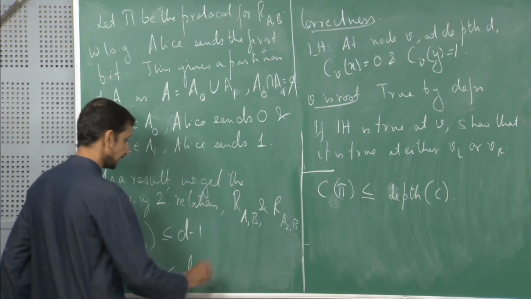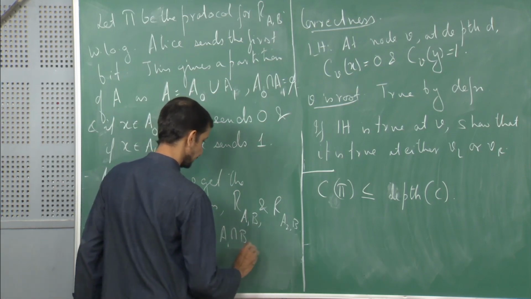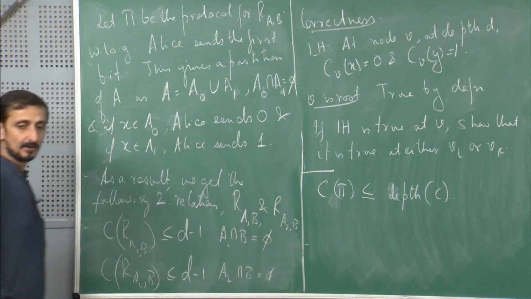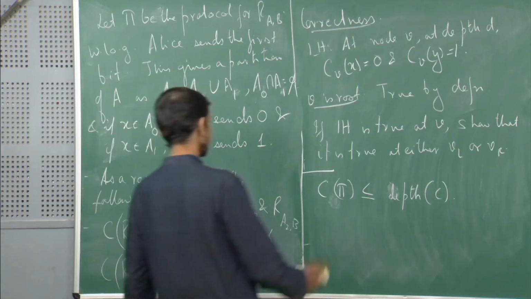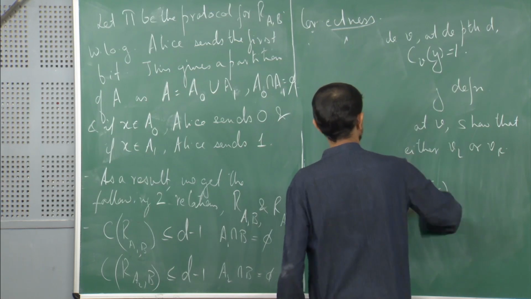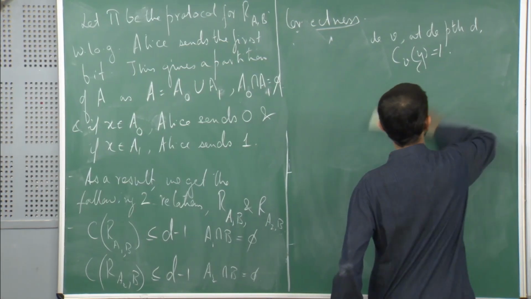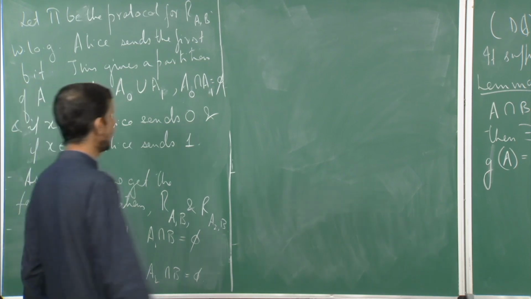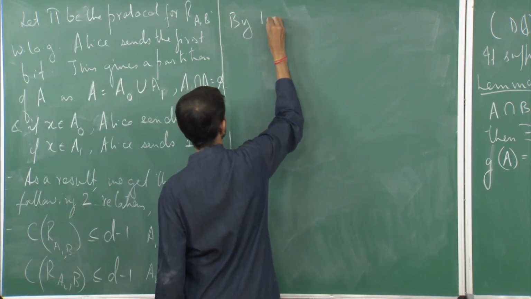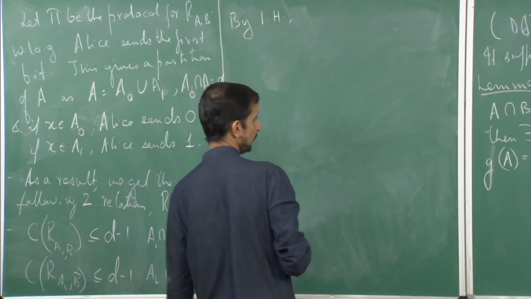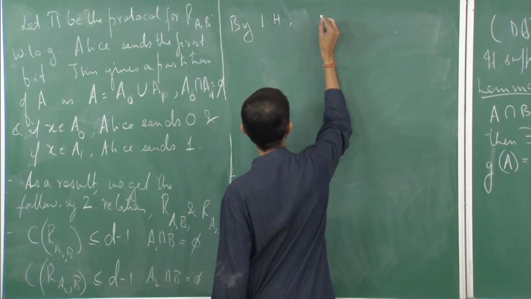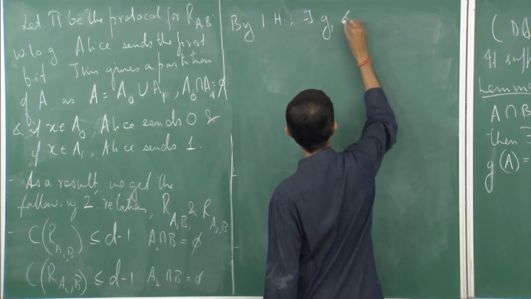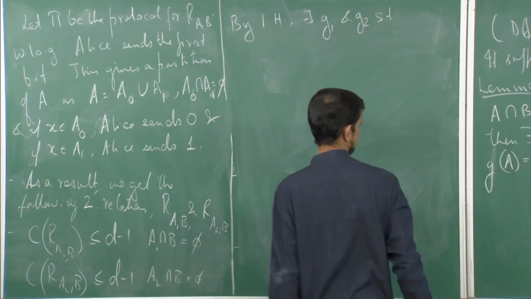We also have that A1 intersect B is empty and A2 intersect B is empty, because A1 and A2 are subsets of A. So therefore, because it is for d minus 1, by induction hypothesis, there exist G1 and G2 such that,